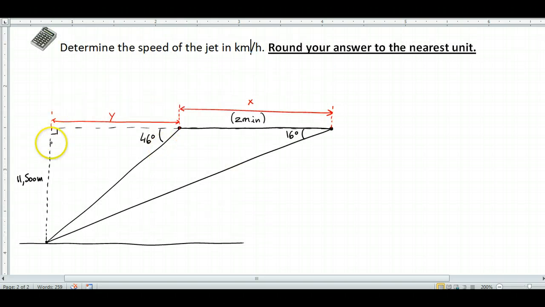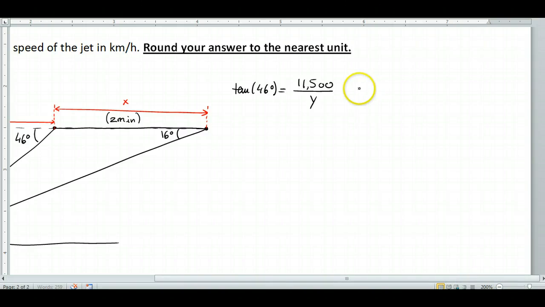When you deal with the opposite and the adjacent, you're dealing with the tangent function. So tangent of 46 is the opposite over the adjacent, so it is 11,500 divided by y. That's very easy to solve for y. So that implies that y is